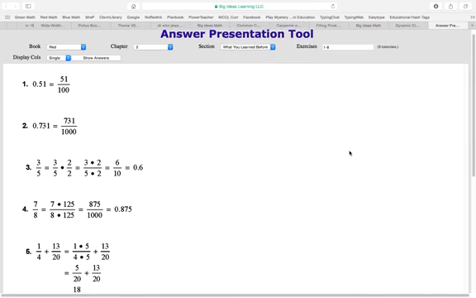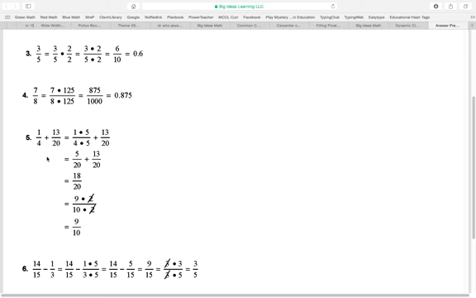Okay. So now you can look at number 5. Okay, so the problem was 1/4 plus 13/20. So you have to get the common denominator, and you don't have to do anything to 20 because 4 is a factor of 20. So in order to get 1/4 to have the same denominator as this second fraction, which is 20, all you have to do is multiply the first fraction, the top and the bottom, by 5. Okay, so 1 times 5 is 5, 4 times 5 is 20,